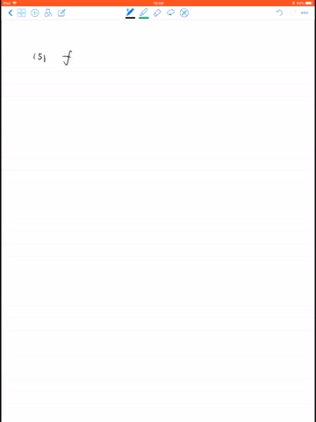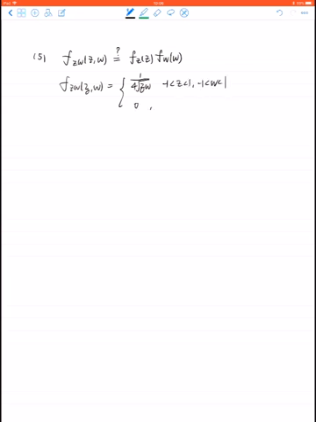We should figure out whether the joint function f_ZW equals the product of the marginals or not. So we firstly know that the joint function f_ZW actually equals 1 divided by 4 times the square root of zw, when z is ranging from -1 to 1, w is ranging from -1 to 1,